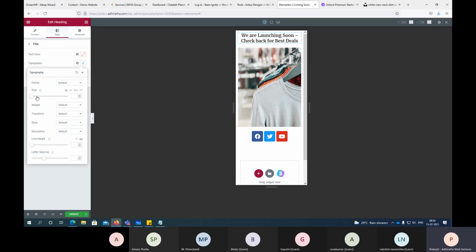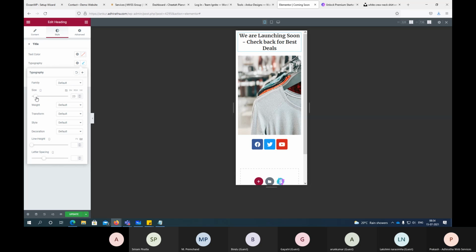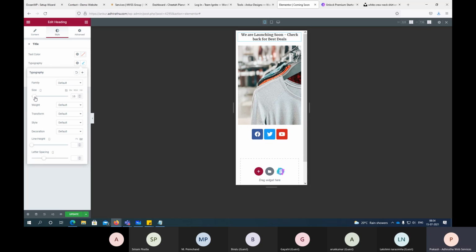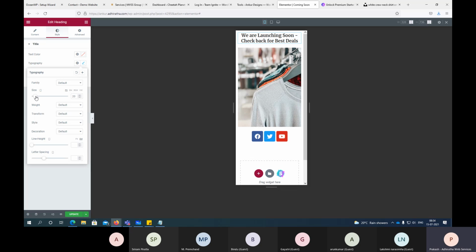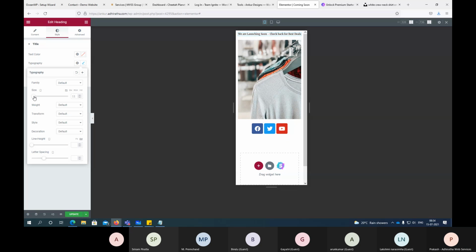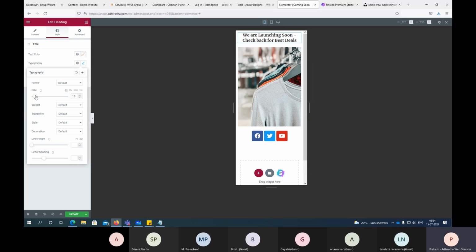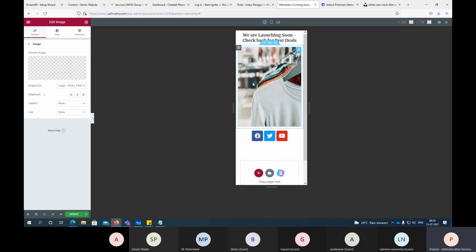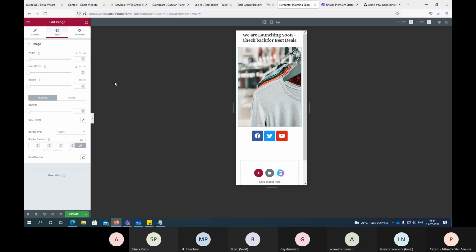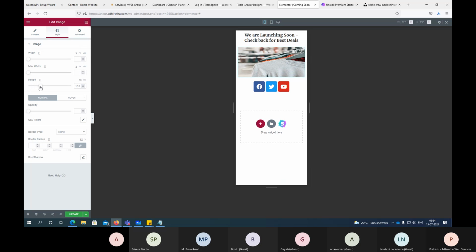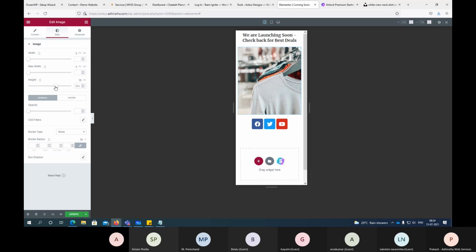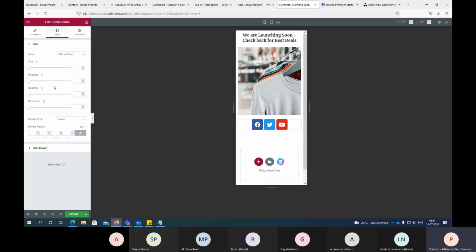So typography, I can go, I can resize it. Maybe something like that, according to your style and all, you can actually change it. Now the image also. See width, height, all this, right? So for mobile, how it is. Then style, see padding, spacing, size.